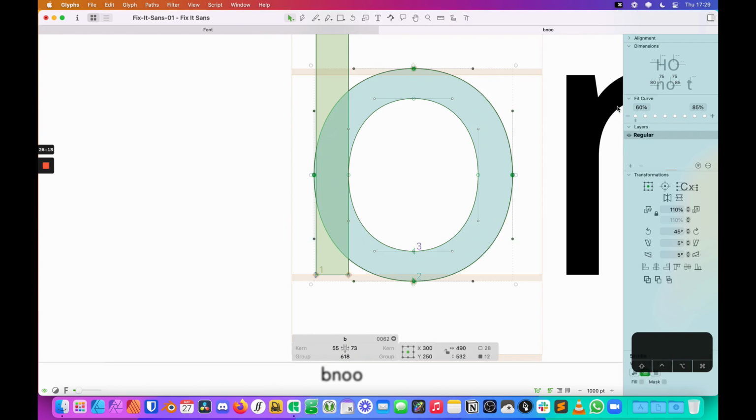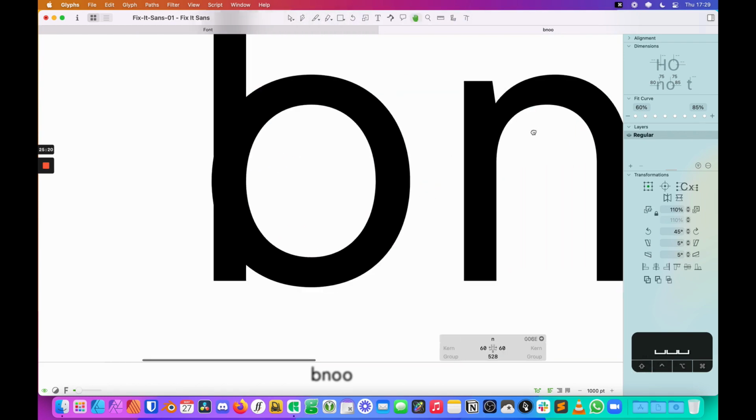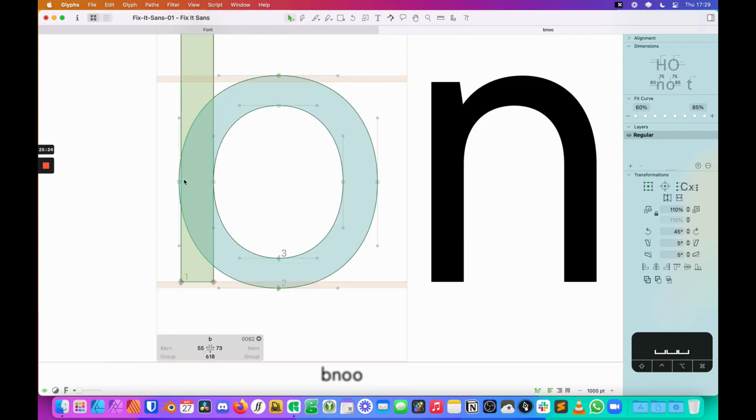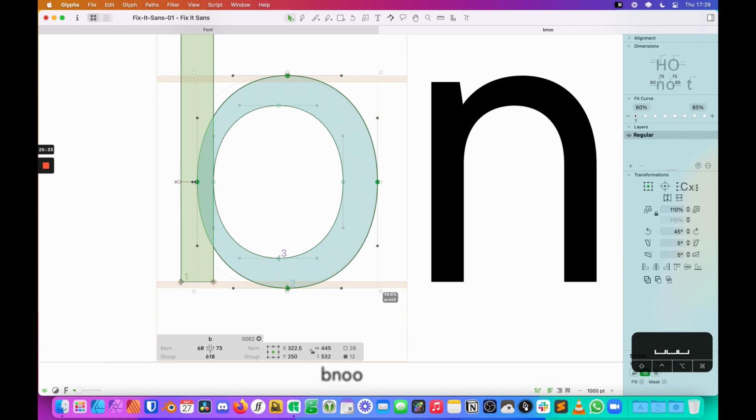And then kind of like what I did with the N, where my curve hit the halfway point on the stroke here, I'm just going to jump back over. So if I select this outer circle of my O, again, as a starting point, and this time I'm doing this more by eye than by anything.